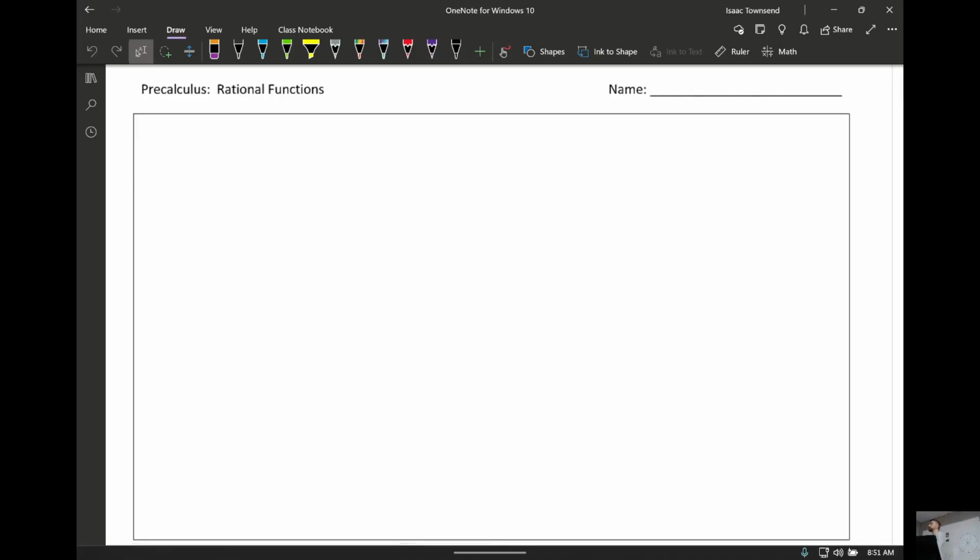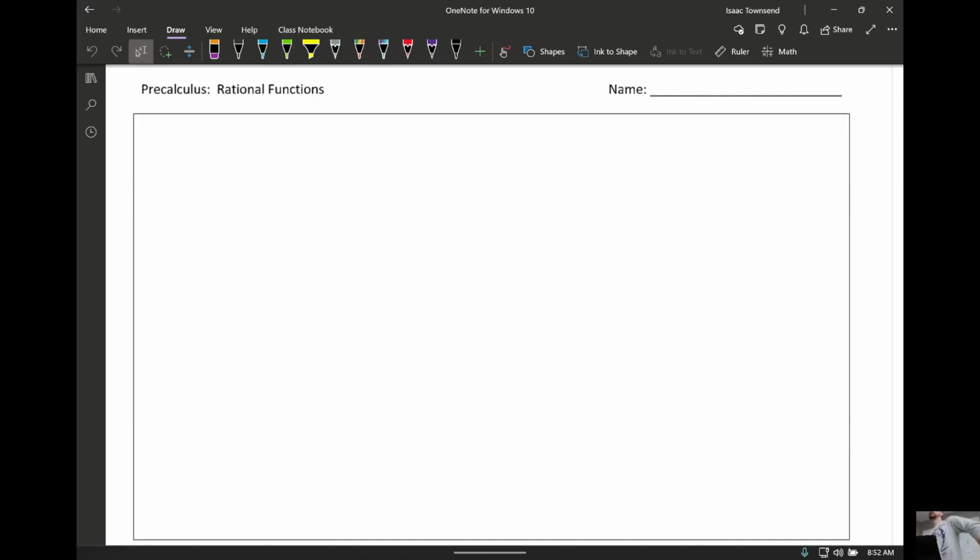Okay, the front page starts off with just 2 questions and then a great big box at the top. So the box is really where I'd like you to put all of our notes. So we're going to review the 3 things we talked about last class: holes, x-intercepts, and vertical asymptotes. But then we also need to talk about the other parts of rational functions and how to piece all of that together to get some graphs. And so we'll get through about 5 or 6 of these questions today and